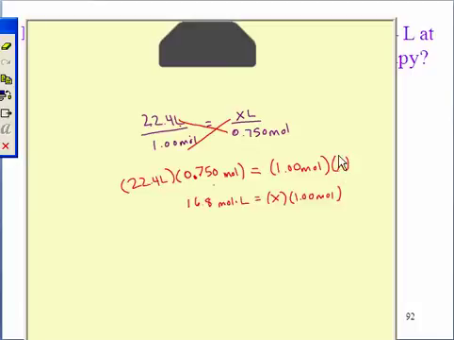Okay, so when I multiply 22.4 liters times 0.750 moles, I get 16.8 moles times liter. And then on the other side we just have our 1 mole times X. And I just wrote it out this way to show you that it doesn't matter when you're multiplying which order anything goes in. So next I'm going to divide both sides by 1 mole,